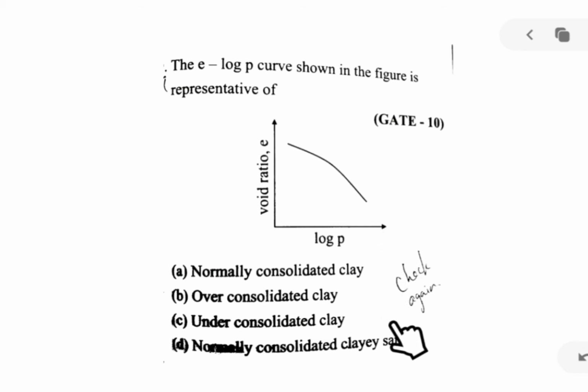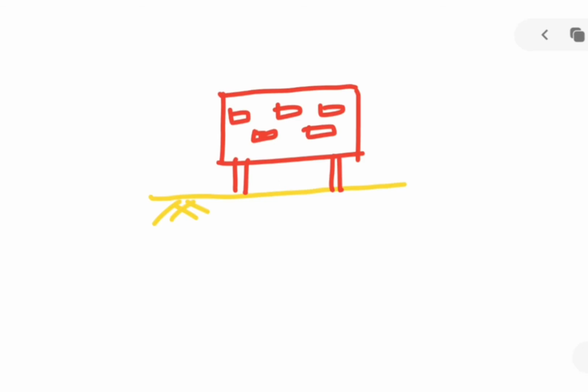So here the conditions are given. We must understand what is normally consolidated clay, over consolidated, under consolidated. Then we can answer this question. So clay only can hold some water inside it, and then it will release when load is applied. So totally, in consolidation, we talk about only the clay. So coming here to understand normally consolidated, pre-consolidated or over consolidated, the given options only I am talking about. It is not a different type of soil, it is defining certain conditions.